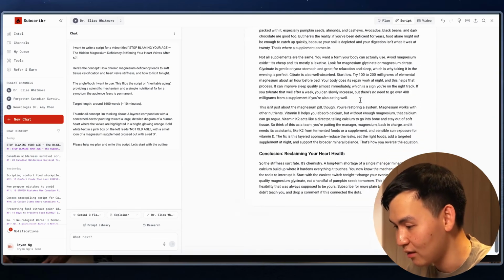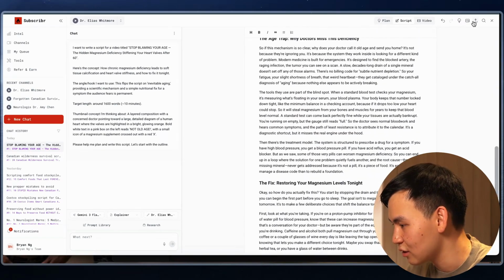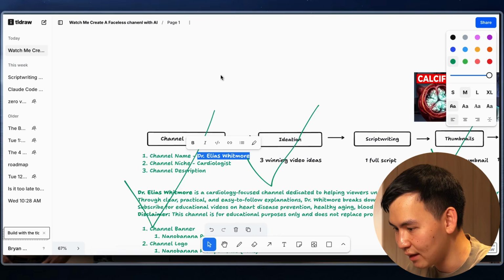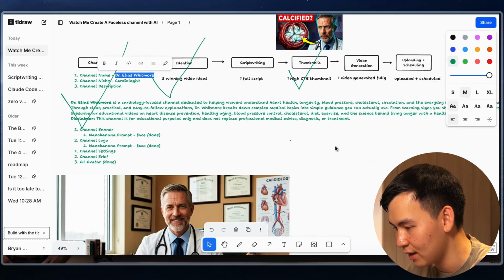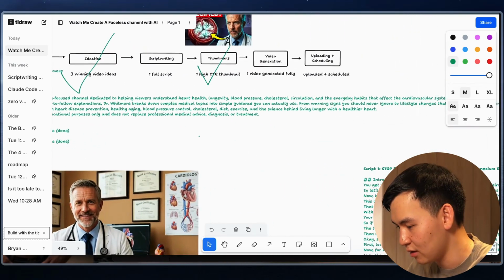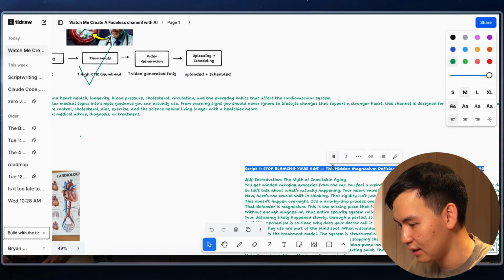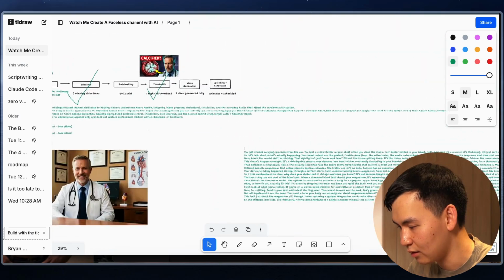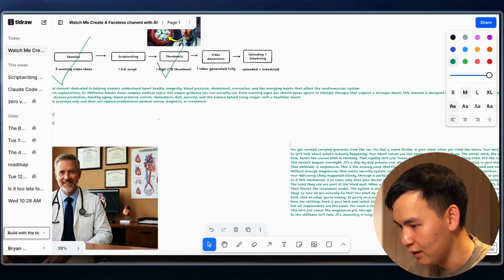That looks pretty good to me, and this is like 1,700 words. So I'm just gonna go ahead and export this, copy it to clipboard over here, and then just call it done. Let's call this script writing done. I'm just gonna paste the script over here just so that we have it in one place, and you guys can kind of see what we are talking about over here. And let's just